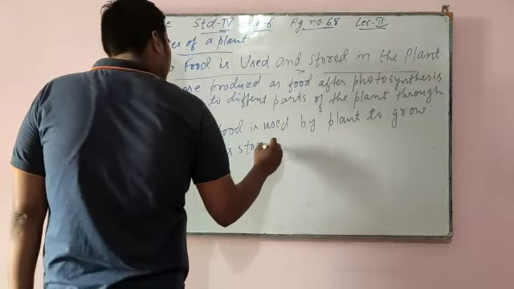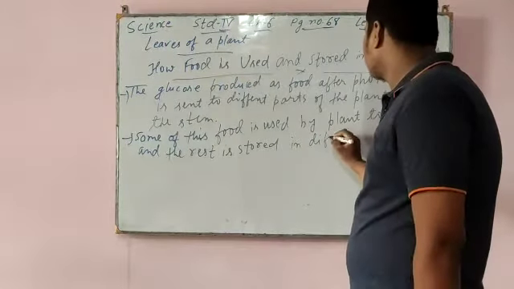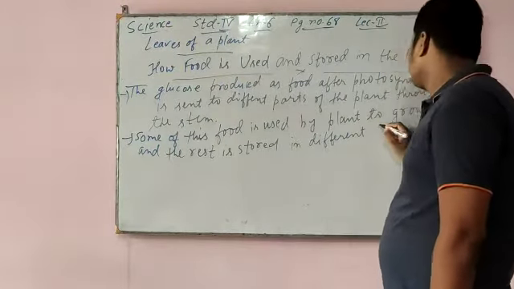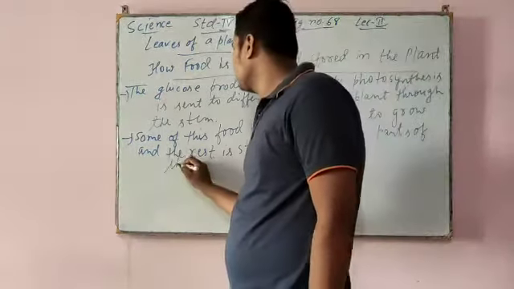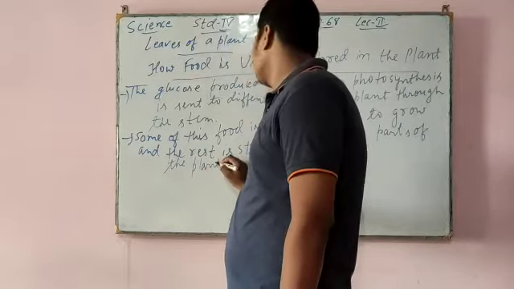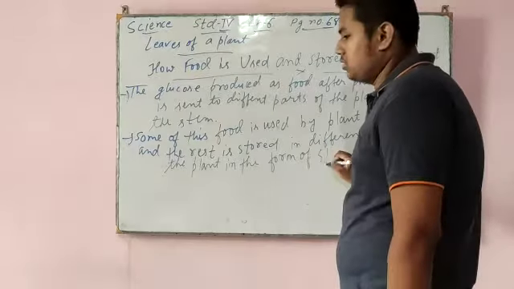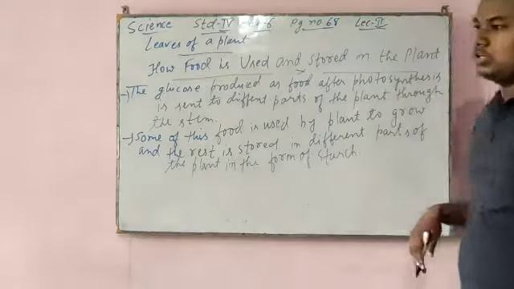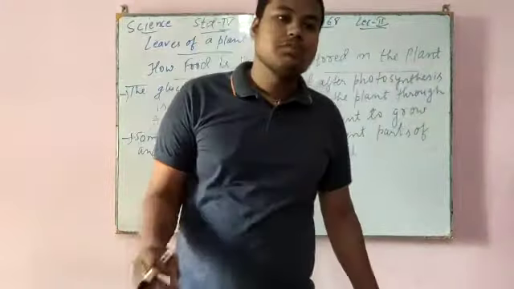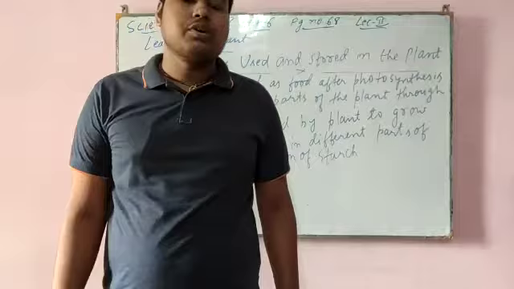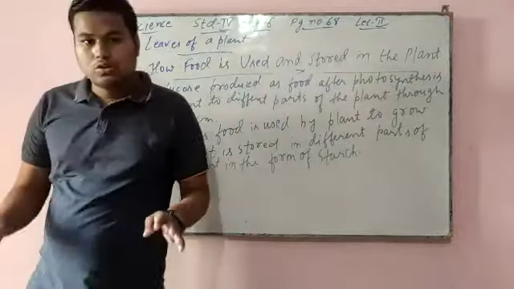is stored in different parts of the plant in the form of starch. Okay, meaning some is used by the branches, some food is absorbed by leaves, some by the stem, some by fruit, some by buds, some by flowers. So they